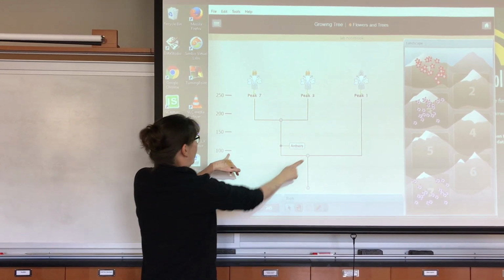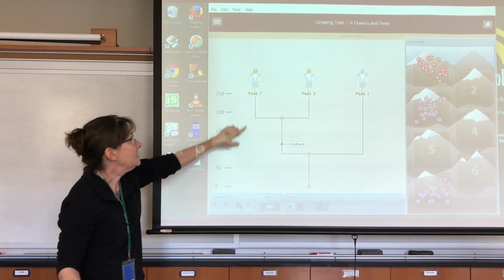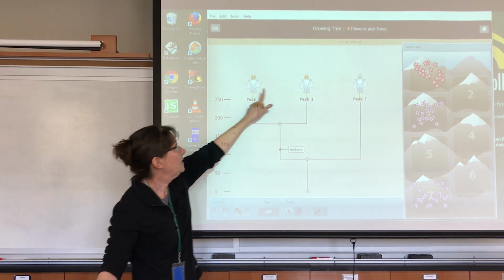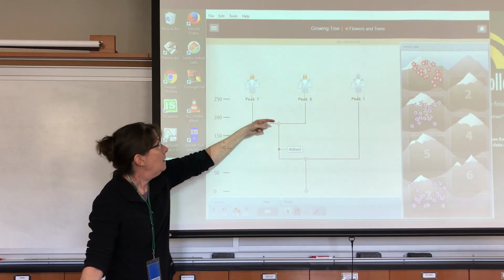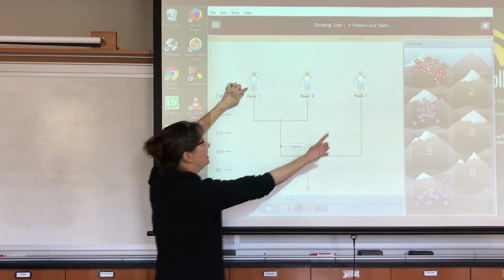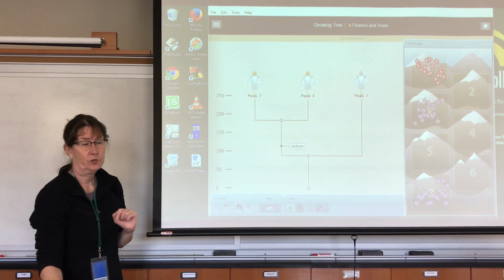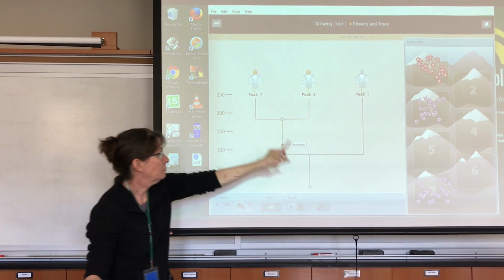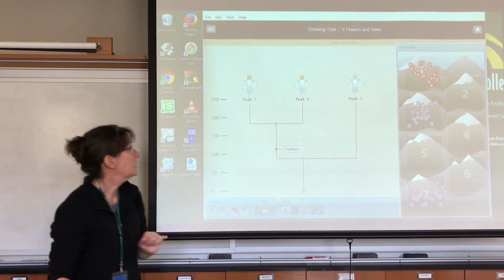We have to go all the way back to year 75. So the most recent common ancestor between peak 7 and peak 3 was 75 years ago. The most recent common ancestor between peak 7 and peak 1 was 175 years ago. And our original ancestor is all the way back here at time 0,